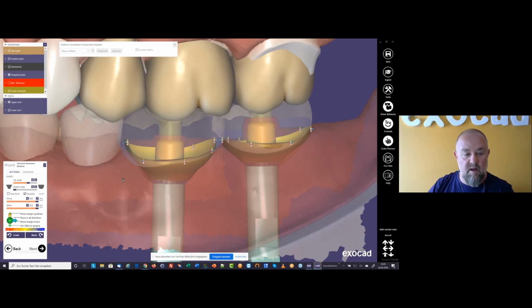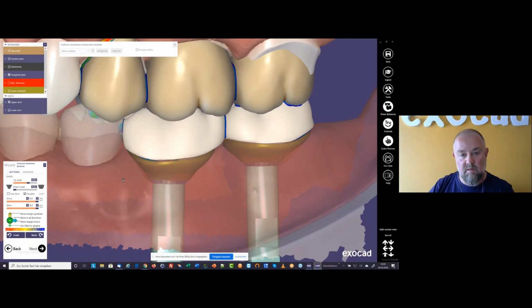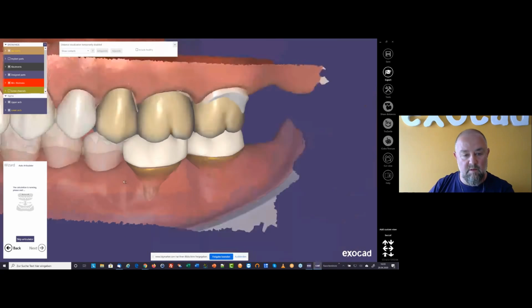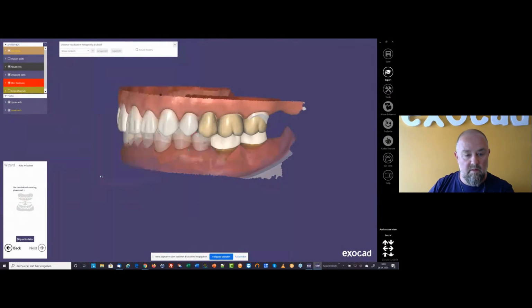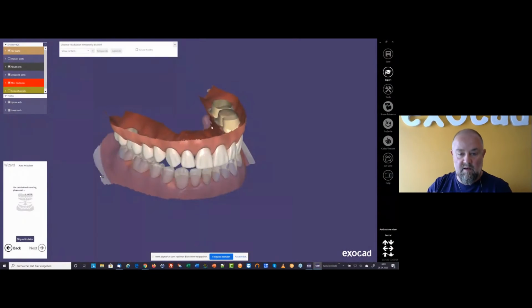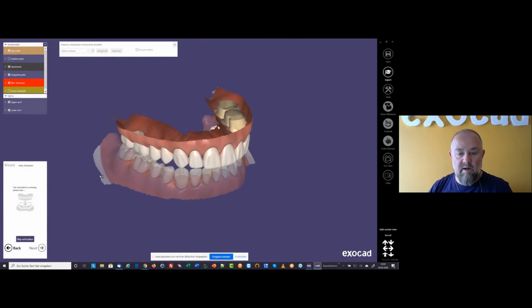And the next step now will be the auto articulator. Yeah, you see it now. What is this? This is an add-on module. You see now the movements here. We know that